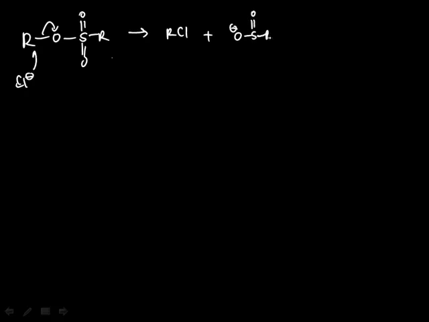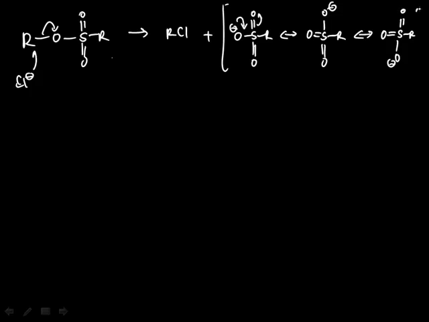Now, why are these leaving groups so good? Well, let's see what happens if we have an attack of, say, chloride or any other nucleophile here. Then our sulfonate will leave and give us our alkyl chloride, but it will leave as a negatively charged anion, which has a negative charge on oxygen, which is favorable. Although it's not only that, this negative charge can be delocalized over 3 other oxygens to give us a very stable anion. And this stable anion is a very good leaving group.